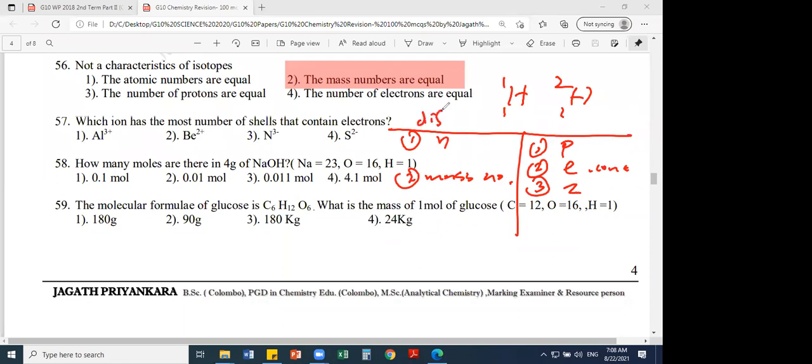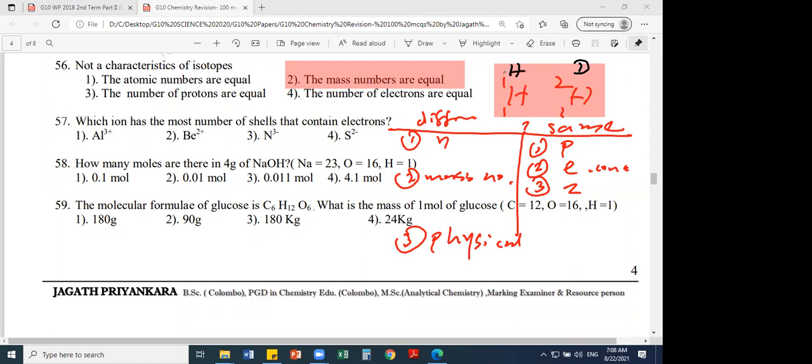So you should know among isotopes what properties are different and what properties remain the same. So please copy that down in your short notebook if you want. What is the same among the isotopes? Proton number, atomic number, electrons and electronic configuration. What is different among isotopes? Mass number, number of neutrons and physical properties like density and all. If you take water from the second isotope, what happened? What is the symbol used for the second isotope? Deuterium. The first isotope is hydrogen and the third isotope will be tritium.